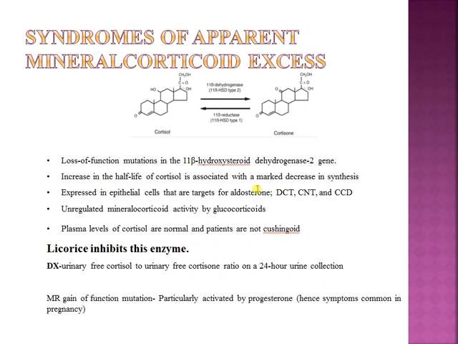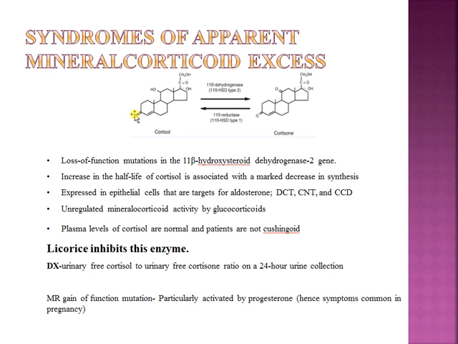Syndrome of apparent mineralocorticoid excess, a very important syndrome. Normally cortisol acts at the level of the mineralocorticoid receptor as well as the distal nephron and makes you lose potassium and absorb sodium. But the distal nephron has a way to control this action of the cortisol by converting it to cortisone through 11-beta dehydrogenase. When you use anything which will block this, you are increasing the level of the cortisol in the distal nephron and make